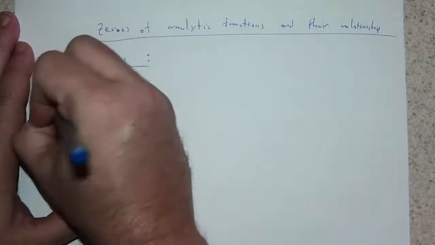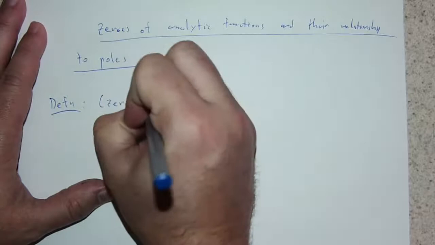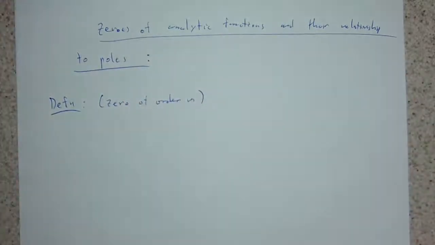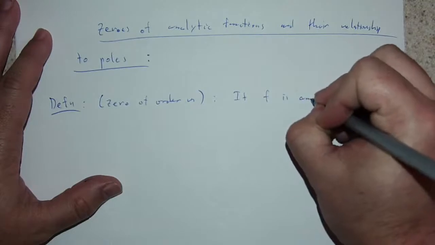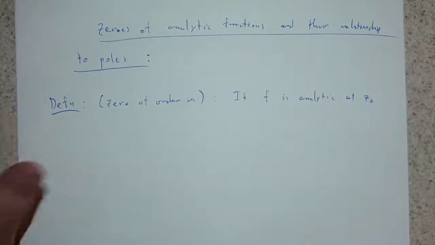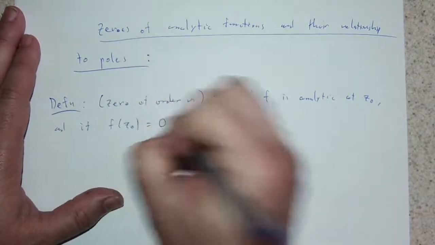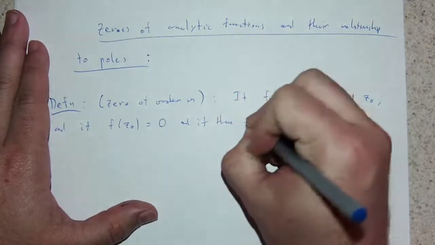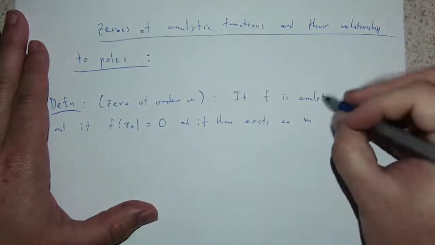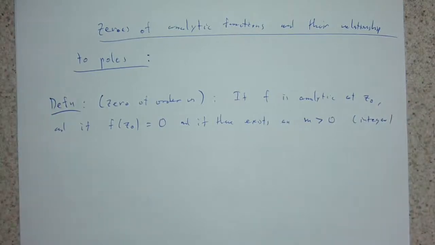In order to discuss this, we have a definition. Our definition is zero of order m. If f is analytic at a point z naught, then if f of z naught is equal to 0, and if there exists an m greater than 0, a positive integer, such that